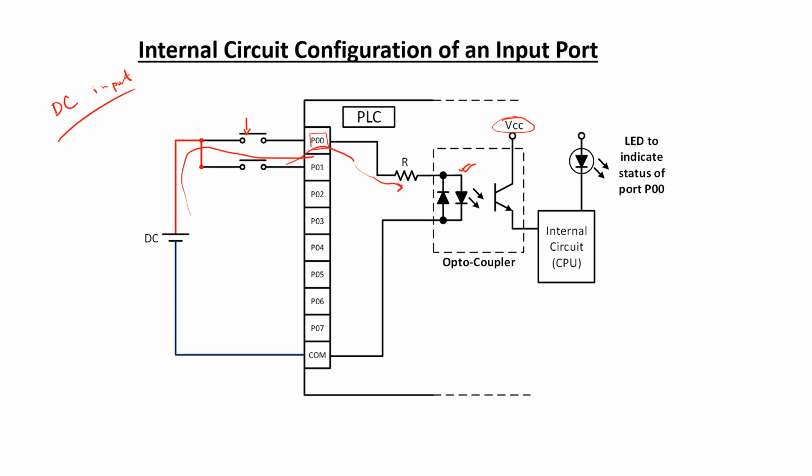So normally the input devices that are connected with the PLC that we have in our lab, the rated voltage of those input devices is 24 volts. So using a 24 volt DC supply, those input devices